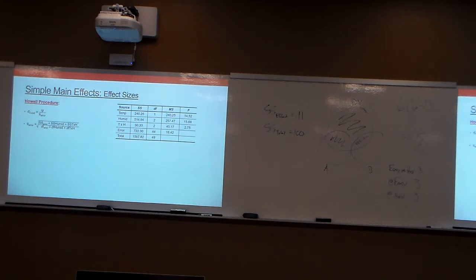Within Howell's book, he suggests the possibility of creating a standard deviation term based on your overall ANOVA table, just looking at the sources of error within whatever it is that you're looking at, right? So in this case, if I'm wanting to take a look at an effect size for temperature, okay? What Howell is saying is if I have